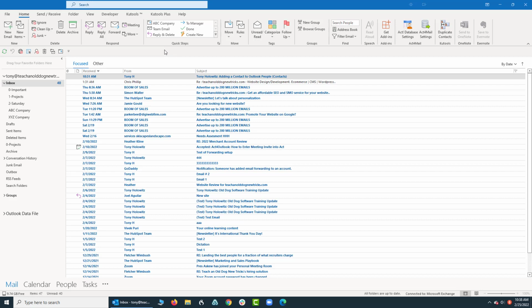So we have focused all of our attention to this point in time on working with email in Microsoft Outlook. I would say the vast majority of people that I work with that use Microsoft Outlook, that is their primary focus, sending and receiving emails. But there are other things you can do inside of Outlook, and I want to draw your attention to those